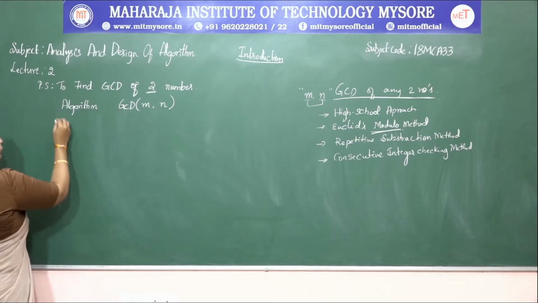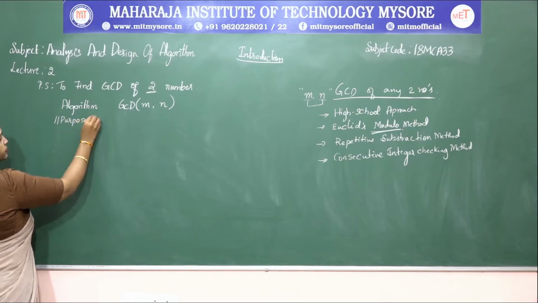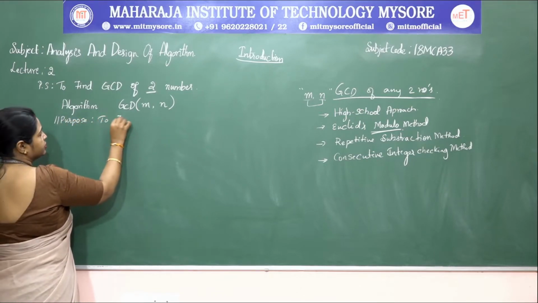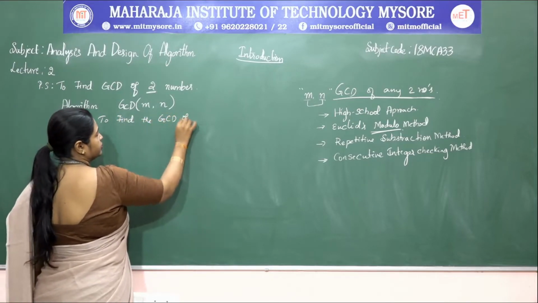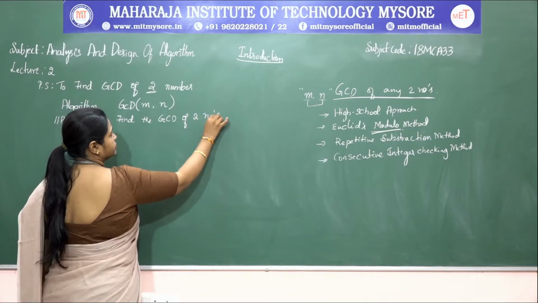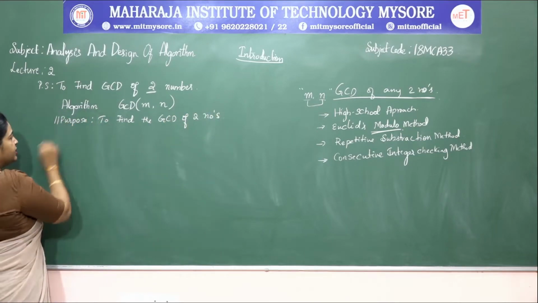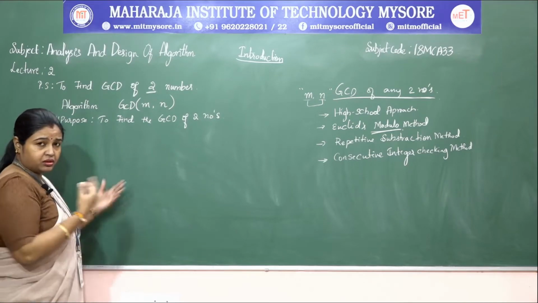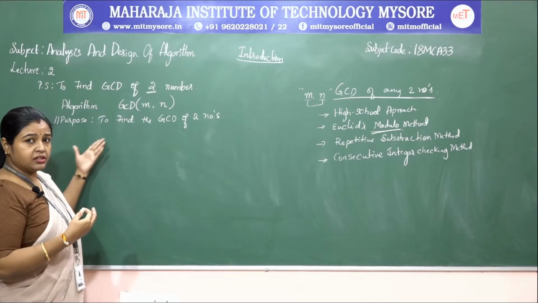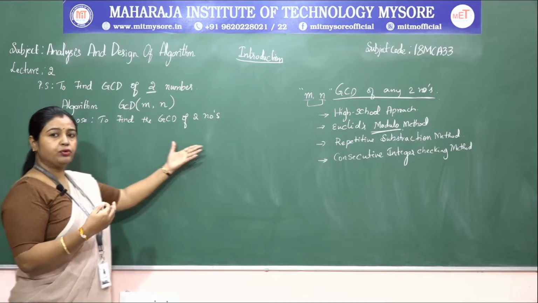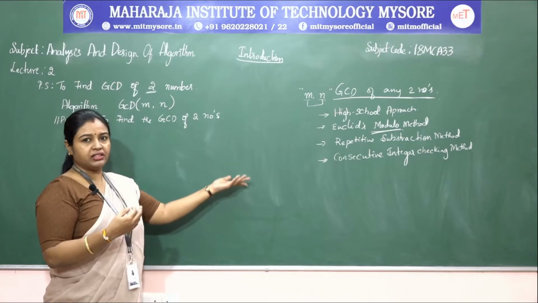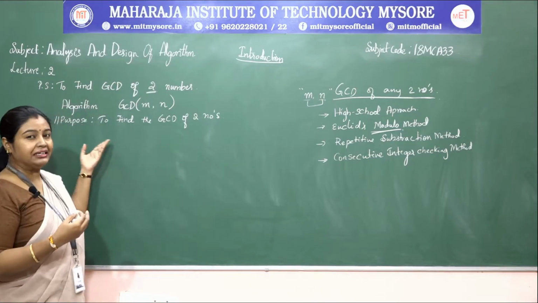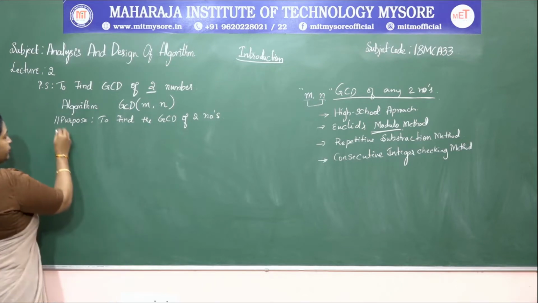So here firstly, the purpose of this algorithm is to find the GCD of two numbers, for the given two numbers, right? If you want, you can write the overall description by saying this algorithm computes the GCD of two numbers for the given m and n using Euclid's modulo method. That is what you can write in the detailed description. Okay, so I am keeping that.